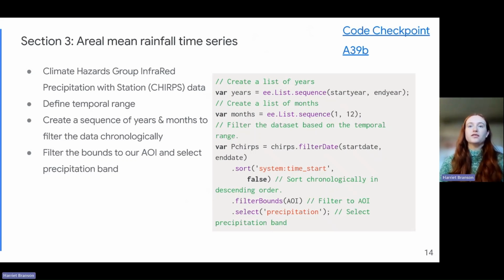First, we will define our temporal range. So we need to match our temporal range in the CHIRPS dataset with our MODIS burned area dataset. So that's from 2010 to 2021. And setting the advancing dates from these years. After this, we create a sequence of years and months that can then be used to filter the dataset